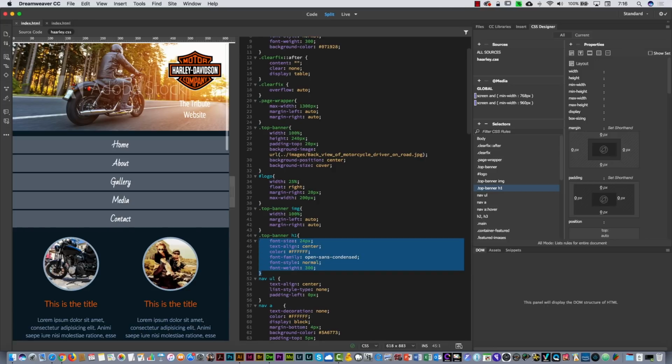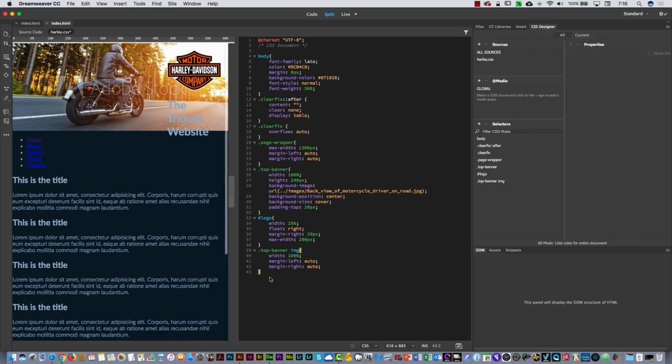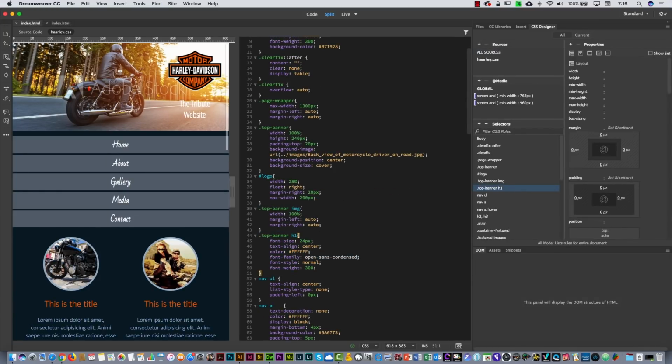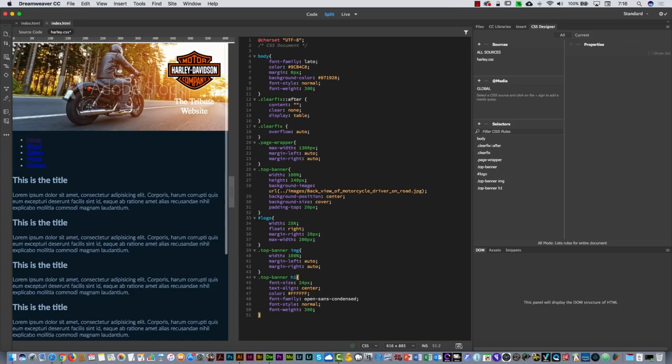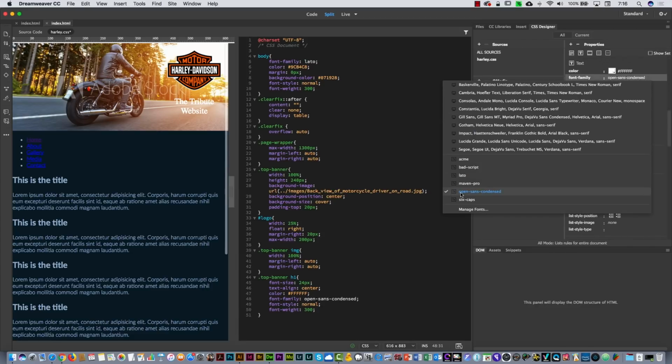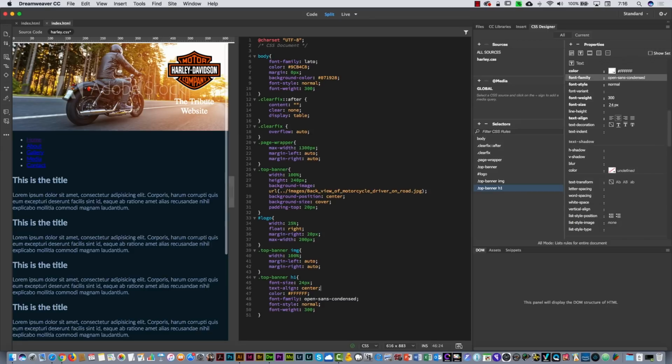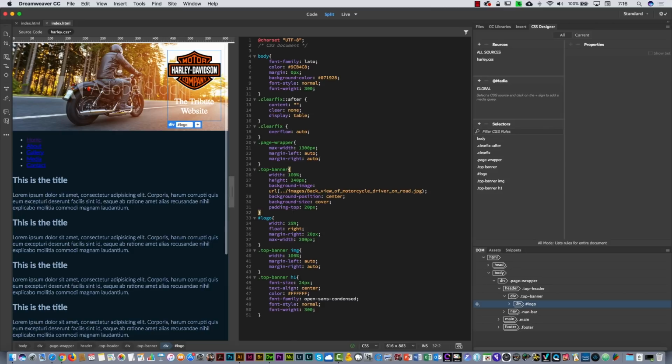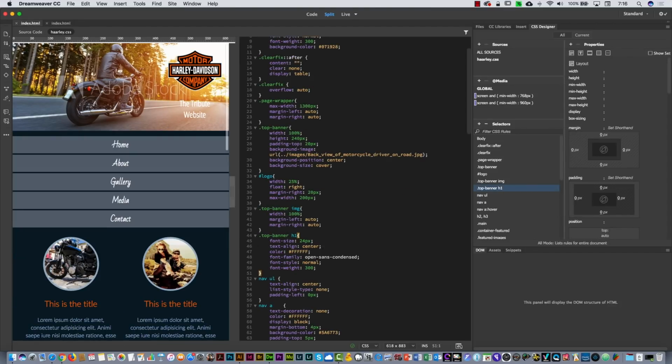I'm going to copy all this because it's ready. You can write this code. And here I'm going to enter and paste that code. If I go there, it's open sans condensed. That is one font that I imported. If you see, if I select this, it's part of the properties that I have. I'm going to go to the font. It's another family that I put here from my Typekit. All right, everything is okay, it's working properly. And now what I'm planning to do, I'm going to go again here to the top banner H1,